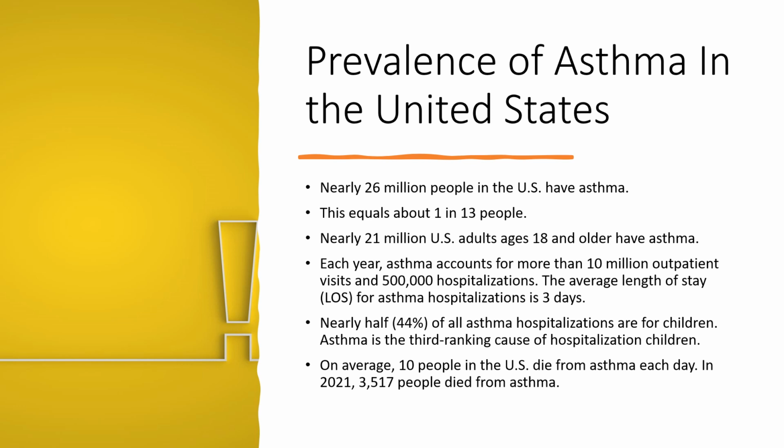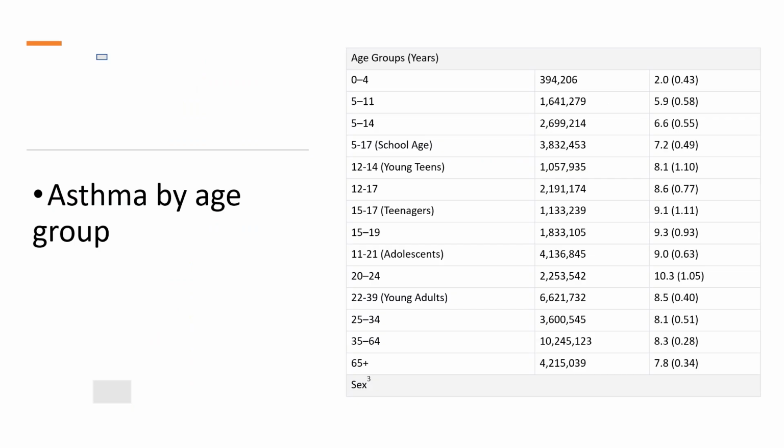So even though, as I said, we believe we should be able to control asthma, and asthma should not lead to fatalities, it does. I've seen over the course of a few years some patients die of asthma. It's very scary. It's very unfortunate, and it should be very preventable. So we'll talk about, why does that happen? Why do people die from asthma?